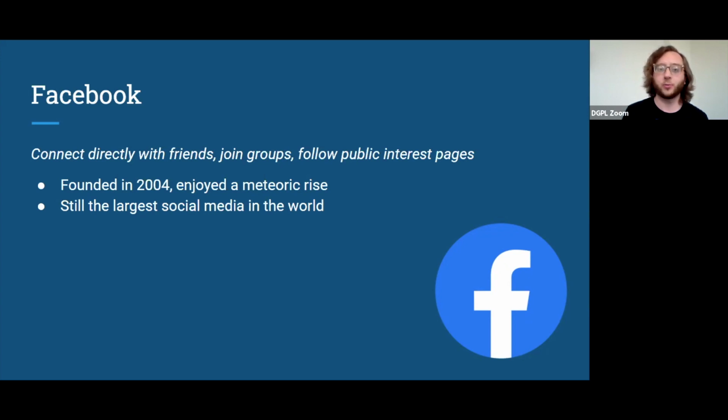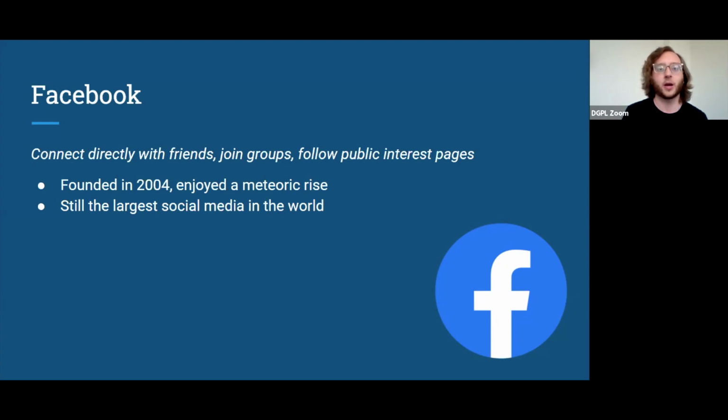There are public interest pages and pages run by various celebrities, bands, politicians, and so forth. So you can follow those pages for updates. Facebook has an emphasis on your personal relationships.